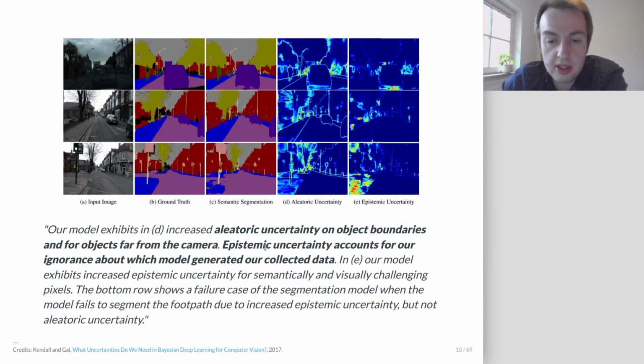Then we have epistemic uncertainty, and they say that epistemic uncertainty accounts for our ignorance about which model generated or collected the data. And this happens, for example, here, where they say that our model exhibits increased epistemic uncertainty for semantically and visually challenging pixels. And indeed, for example, this region for which the model has high epistemic uncertainty corresponds to pavement. And when you think about it, it's quite